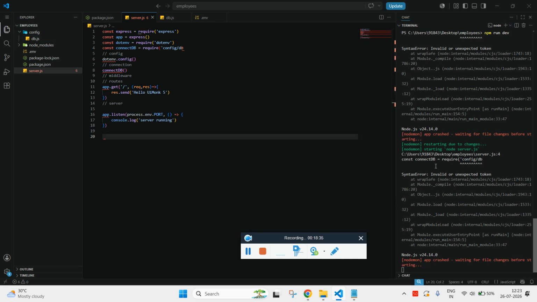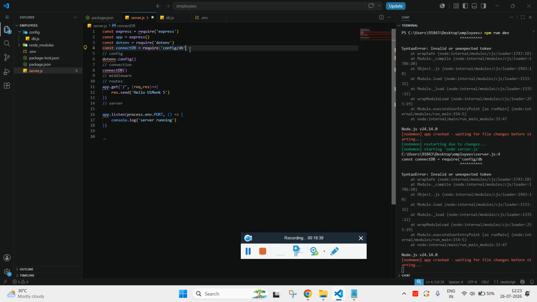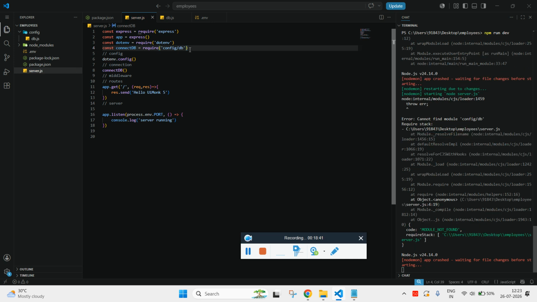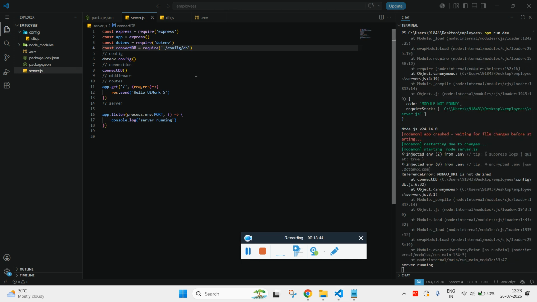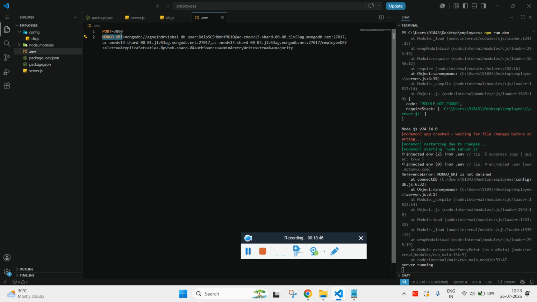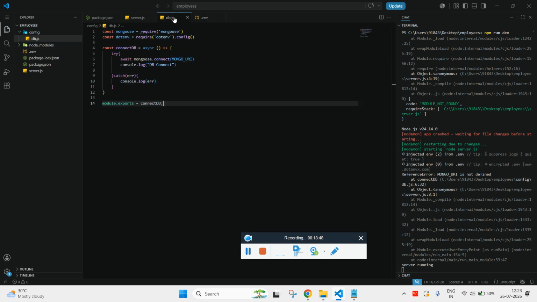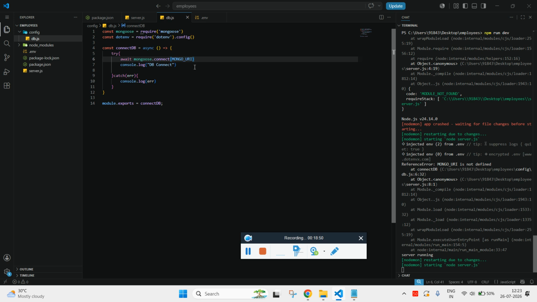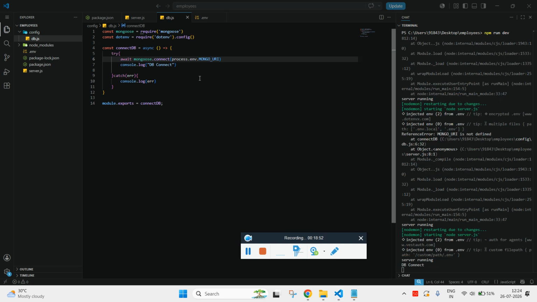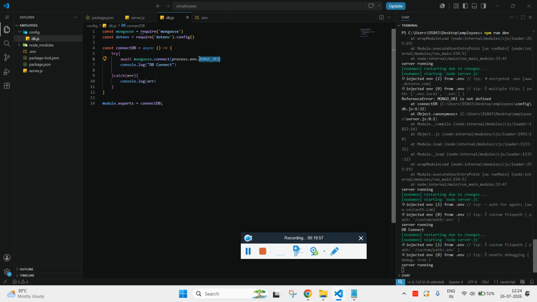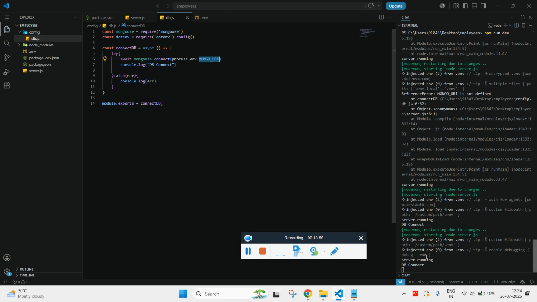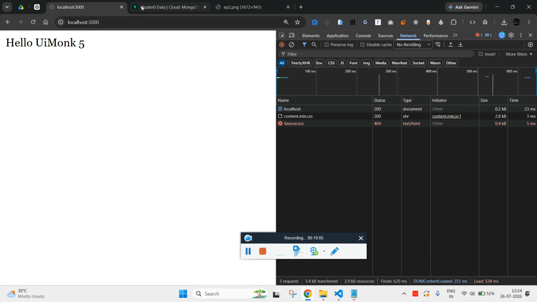Again there is an error. Yeah, it got connected, but it says it could not find MongoDB. Yes, process.env.MONGO_URL, that's how we pass our variable, and it says server is running and DB got connected. So now once your application is able to connect to the DB, now we need to set what are the